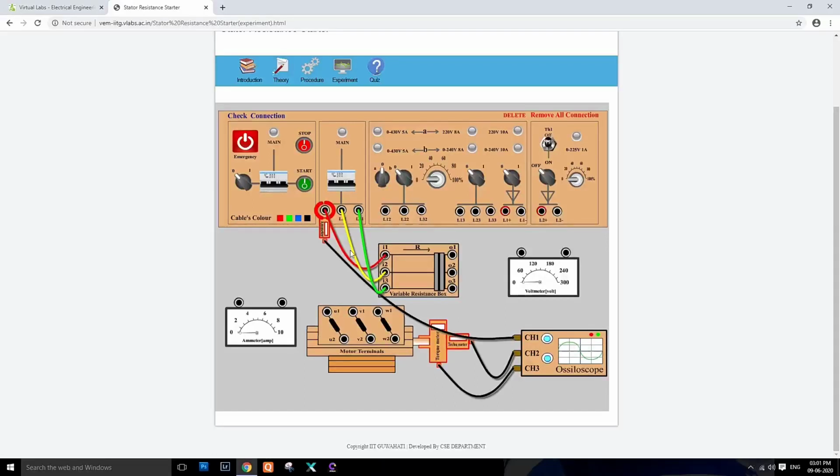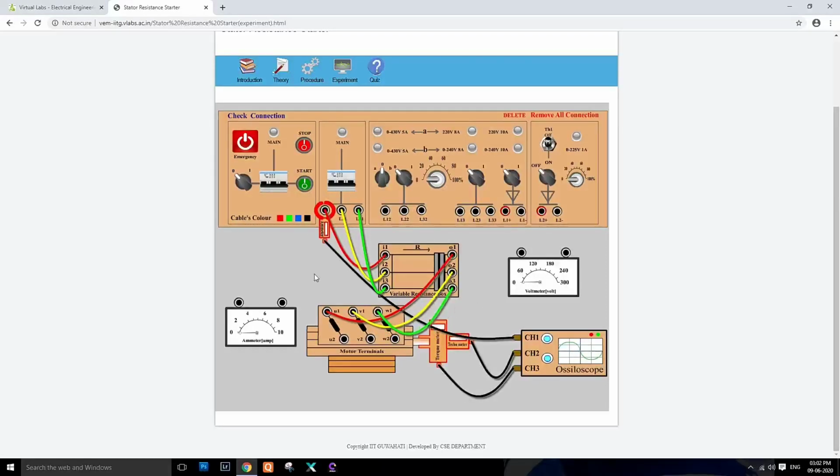Okay, so here is your supply connection. From the supply connection, the rheostat is connected. This portion is for the supply connection, so we have connected the supply to the rheostat. Now we will connect the rheostat to the motor terminals. So again we will select the red color wire, select this, then select this one, this one and this.